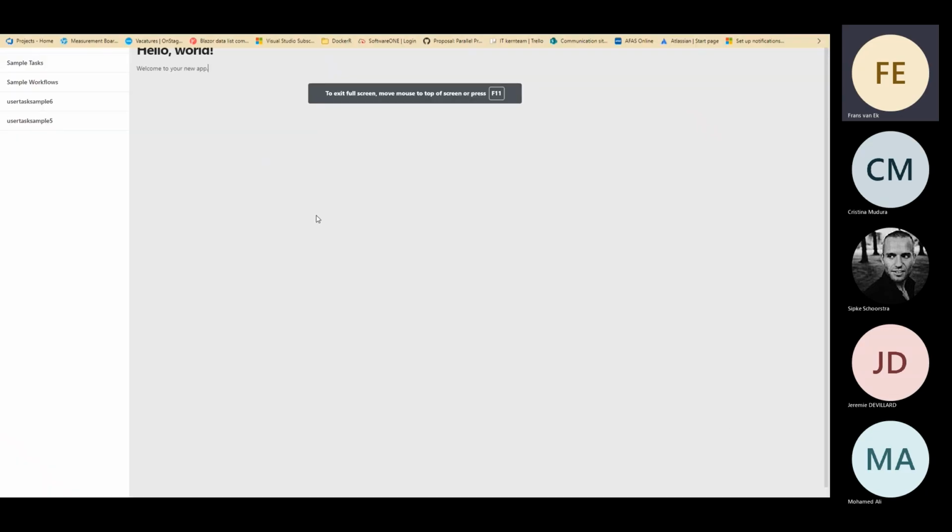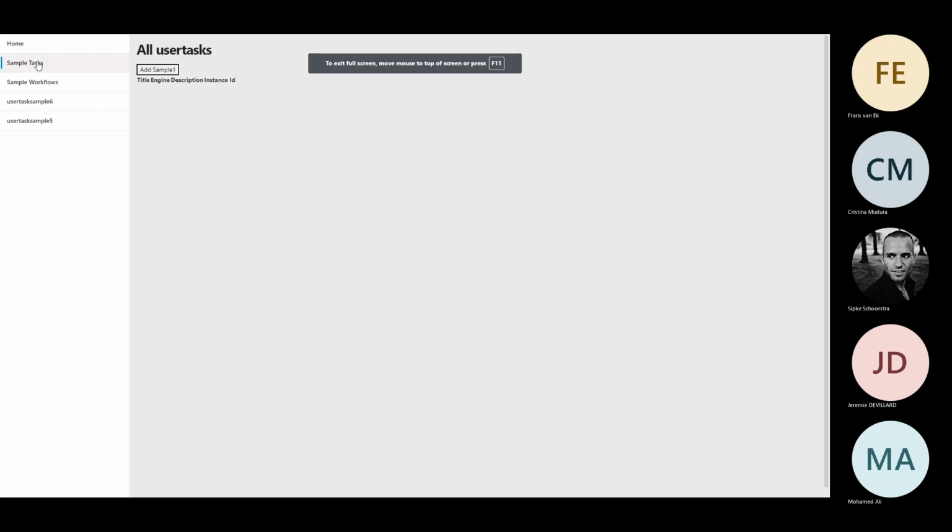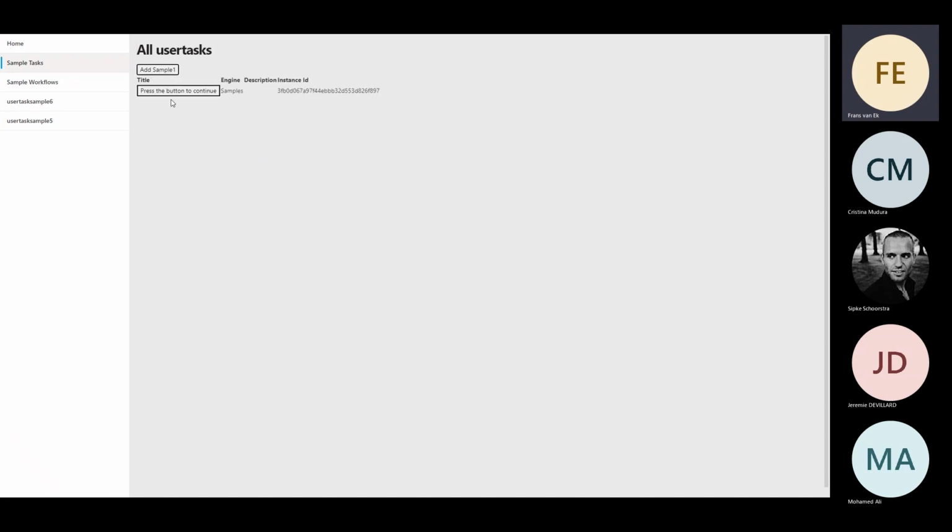So we have several scenarios. Basically, this is the simple add task. I didn't do anything, no implementation here, but whenever I press this button, it will create a workflow instance. Here we have the instance ID. And when I press this one, basically all I do is send a signal back, no payload, indicating continue. And then it magically